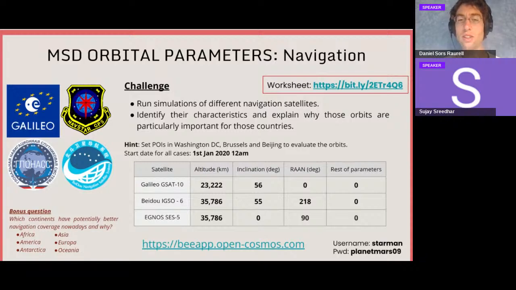So you see here, 23,000 kilometers of altitude approximately. We're going to be simulating Beidou navigation constellations. So you see the orbital parameters here. And also we're going to run a simulation with EGNOS, which is a navigation satellite